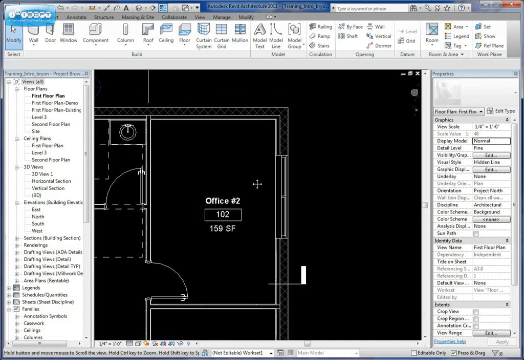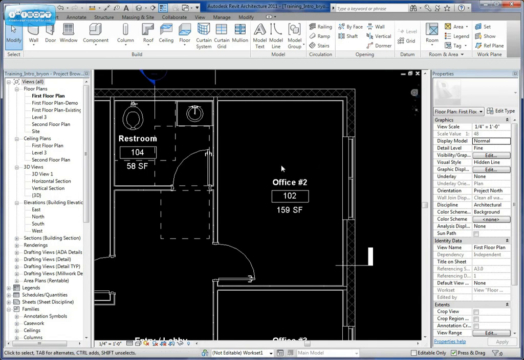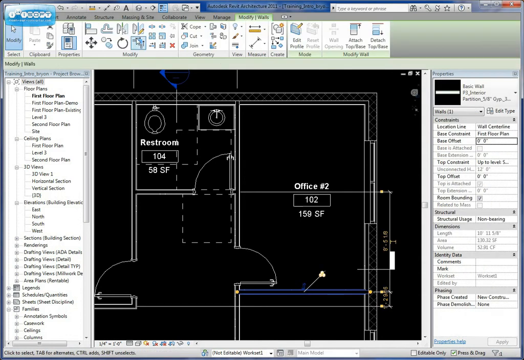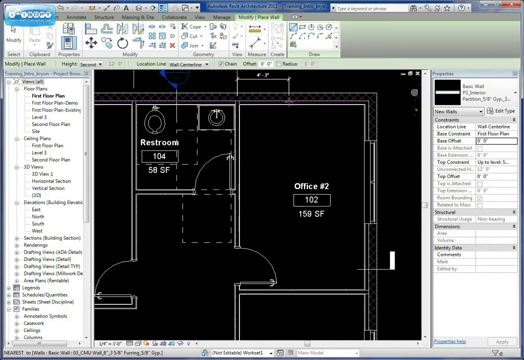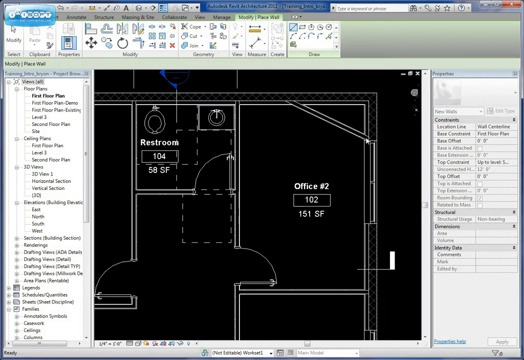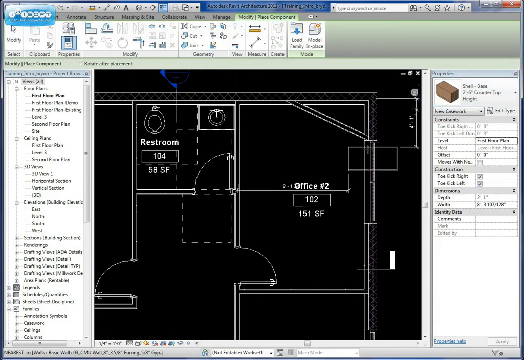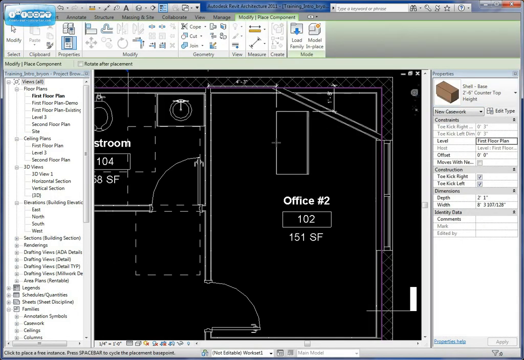So today's tips and tricks video, we're going to look at using the rotate command. If we take a wall, for example, and we go ahead and create similar and draw it on an angle, as you've seen before, if you bring in a component, and we'll use just a cabinet as the example, you can push the cabinet in, you can hit the space bar, and you can rotate the